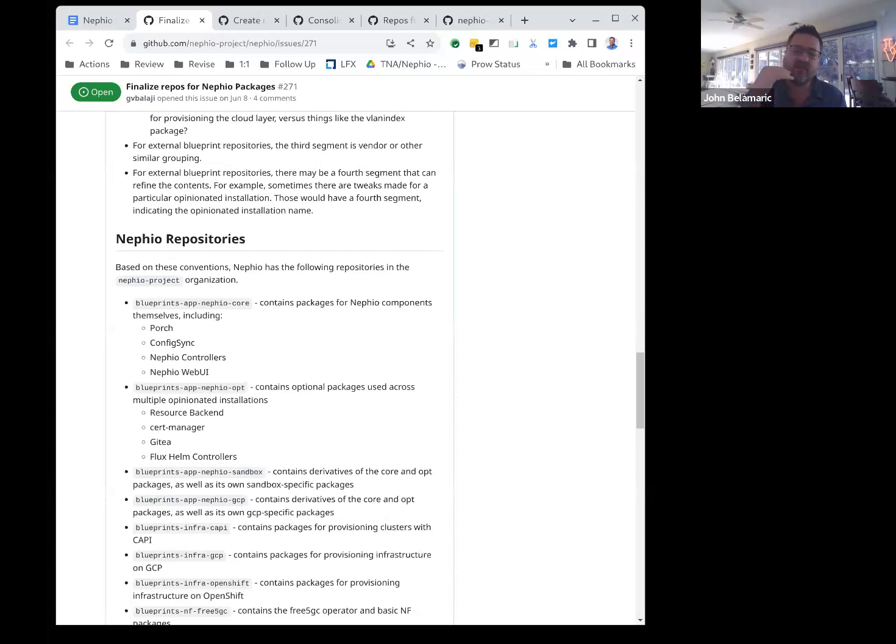I'm trying to imagine what structure would make sense. Git itself has very poor RBAC controls.